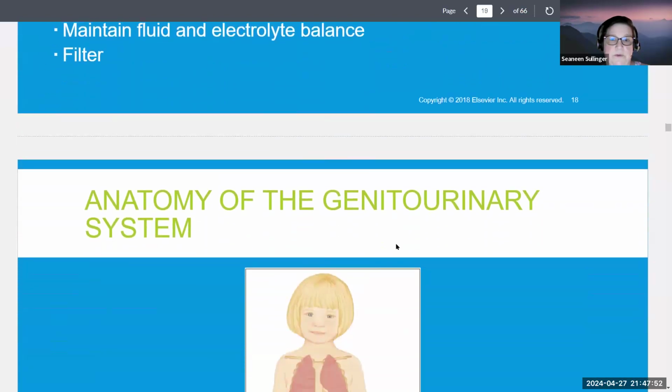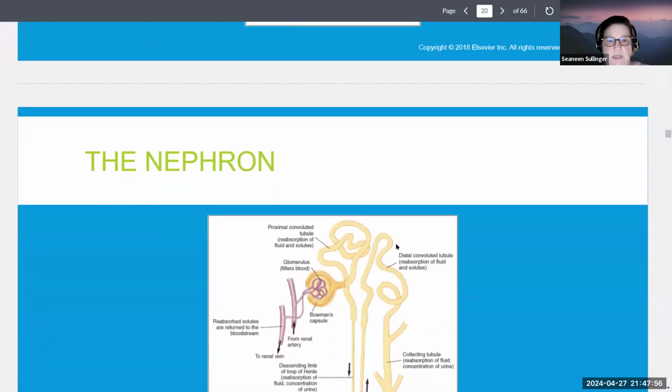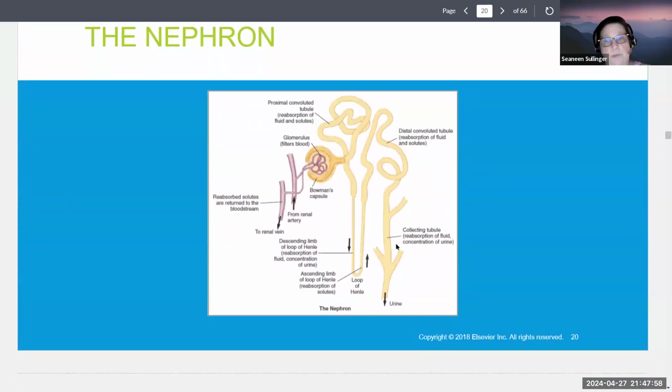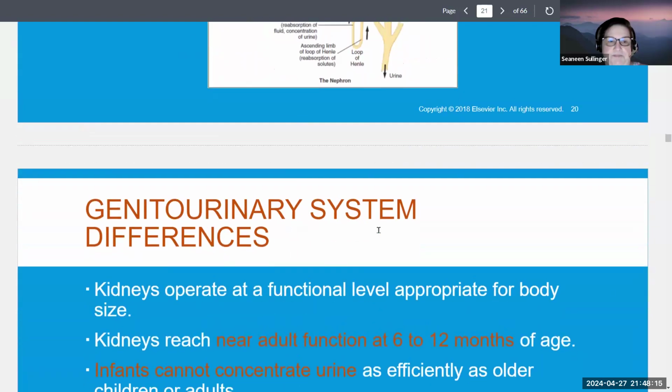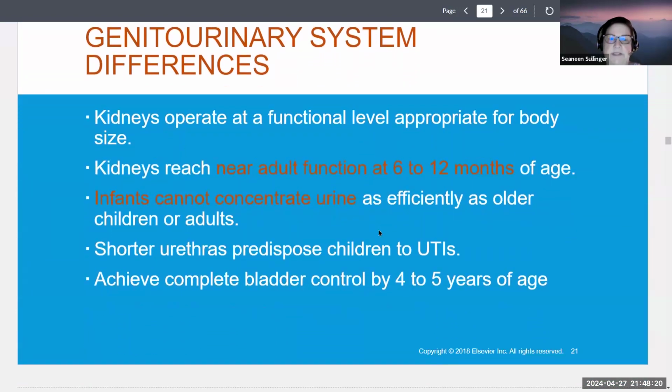And then to review the genitourinary system, we all know the kidneys. And then if we go back, remember from anatomy and physiology, we talked about this last semester as well, looking at the nephron, the filtering unit of the kidney, and the glomerulus, which is right here, that ball. And then all the tubules and loop of Henle where things get absorbed and collected and resorbed. And then if we look at, again, some similarities and differences between adults and children,